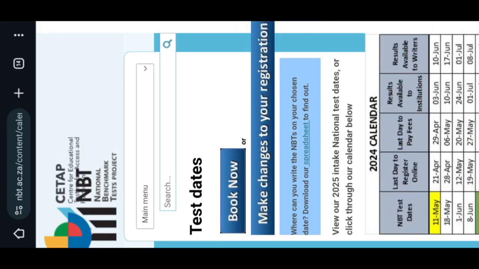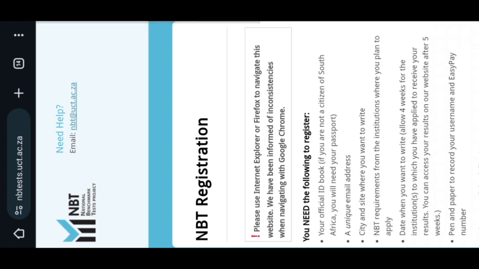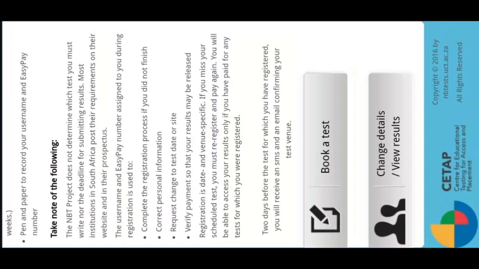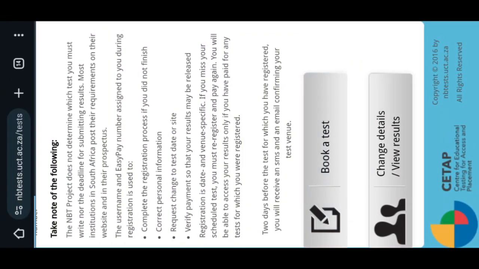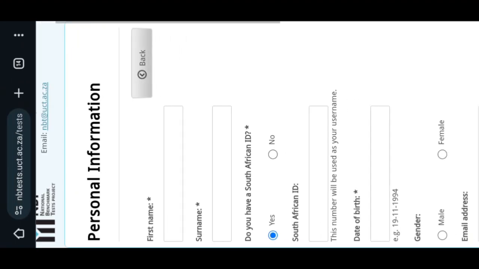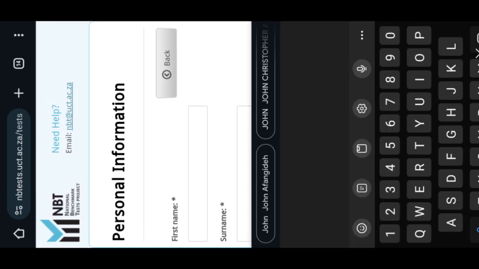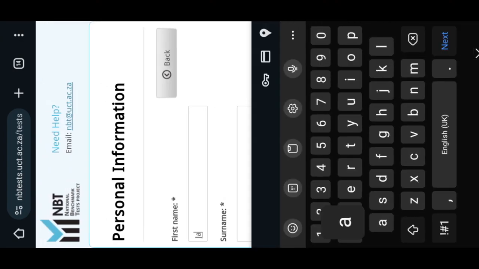To register, of course I don't have to say it, you have to click on Book Now. But if you've done your registration before and you want to make some changes, maybe you want to change the venue or the date, you can do that as well. You can just click on Book a Test, as you can see, and now you have to fill in all of this information. Your first name, I'm just going to put Jack,